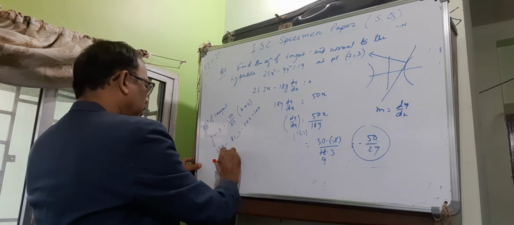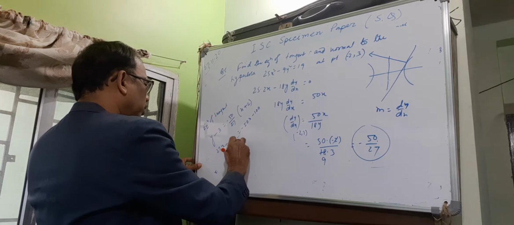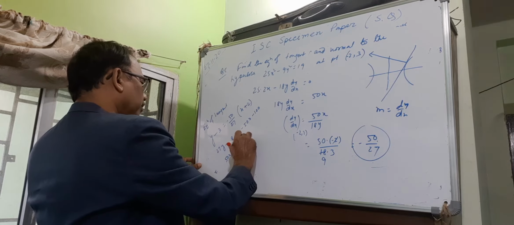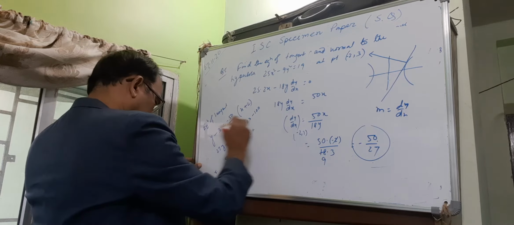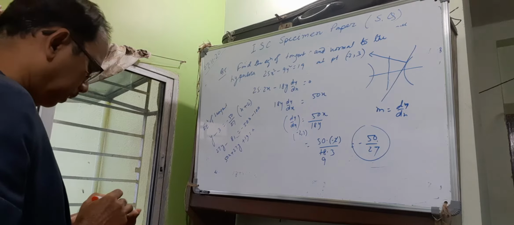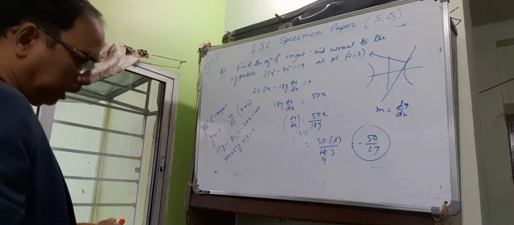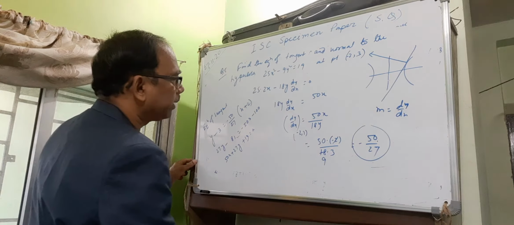That is 50x plus 27y plus 19 equals 0. That is the equation of the tangent. If you want to find the equation of the normal, similarly,